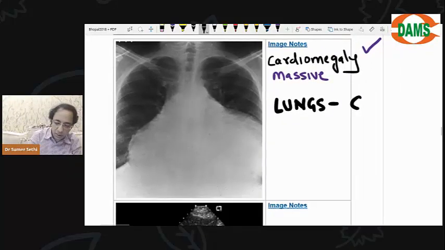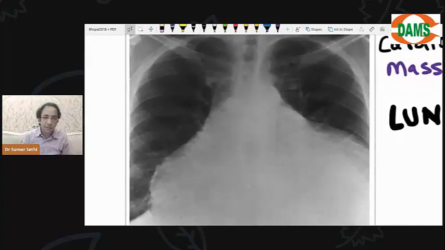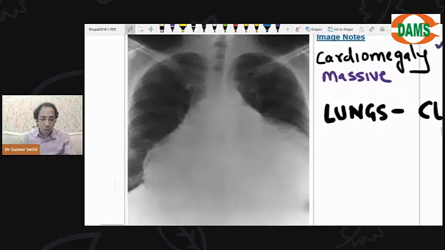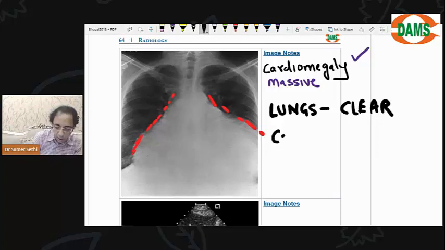But in this patient, the lungs are clear. Lungs are clear. Which is the thing that I need to understand. इतना बड़ा heart है लेकिन lungs एकदम साफ कैसे हैं? There's no edema, no battening appearance. ऐसा कैसे हो सकता है? Now, when I look at the shape of the heart, it is shaped like this. The enlarged heart is conical in shape, or we can say flask shaped, or we can say like a money bag,